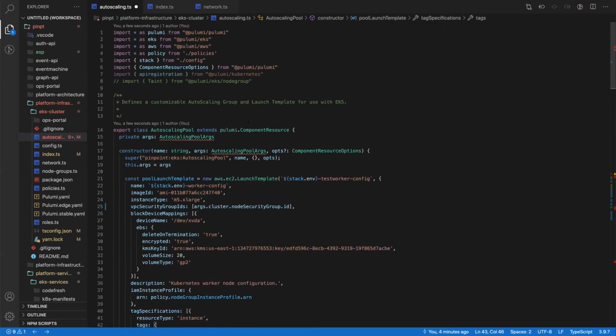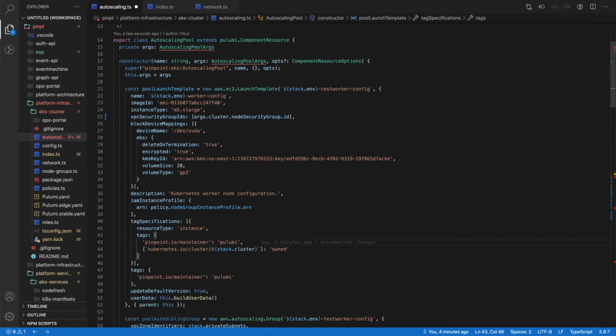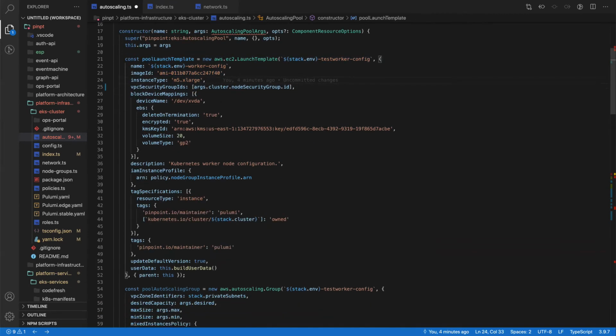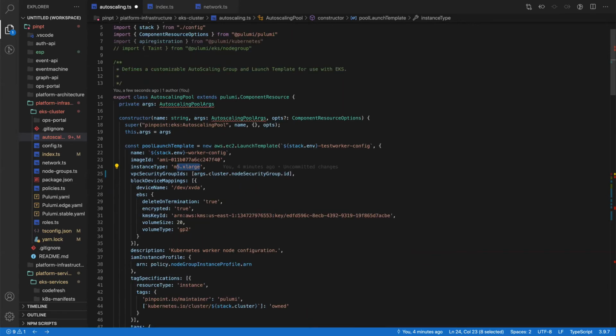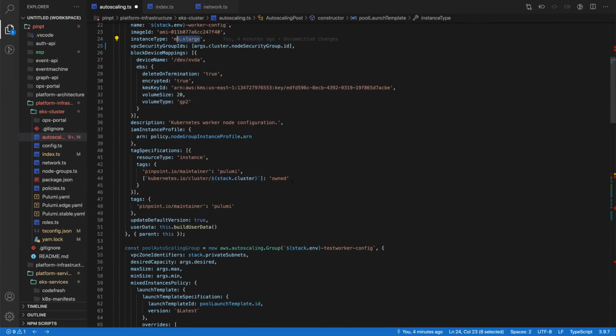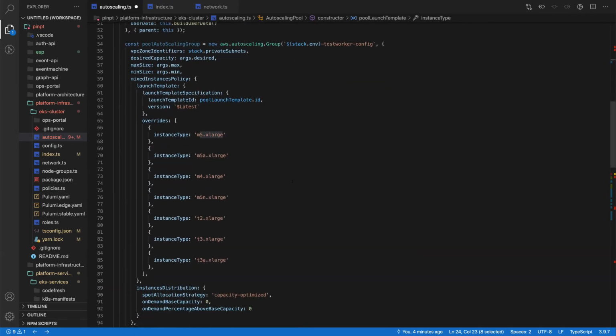Oh, so colorful, yeah. So this is the class I'm writing, and this is just the launch template definition here. This is going to be the base configuration, right? This is our AMI. This is the base node type that we want. And it's pulling in all of the cluster information, which is really cool. What I'm struggling with right now is I'm trying to build out